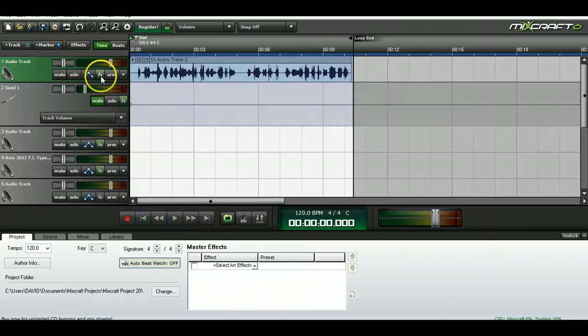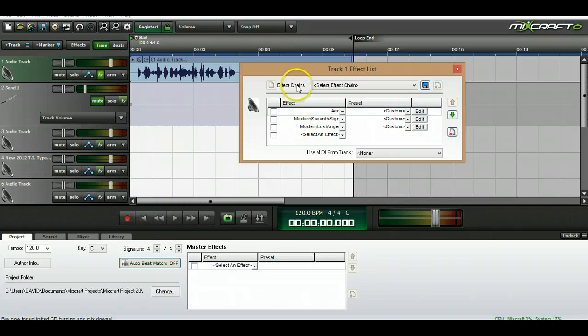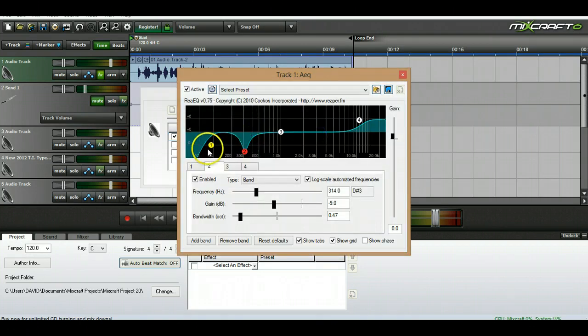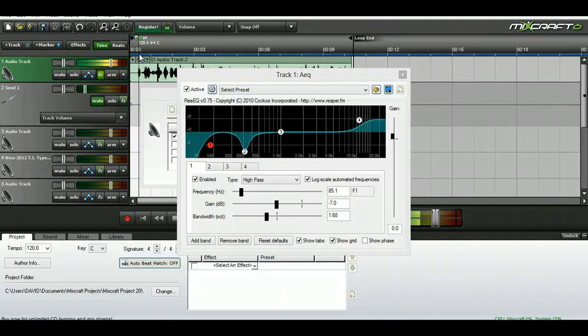So I kind of wanted to mix it kind of sort of analog, but in the digital world at the same time. What I'm trying to say is I'm trying to use hardware plug-in equivalents. Well, mostly. Like I'm using 1176 and LA2A, but right now I'm gonna hit up this EQ and I'm gonna tell you what I did. I rolled off everything below 100. That's because that's the sub bass in the vocals, and you really can't hear it, and it doesn't really exist. I rolled off right here because